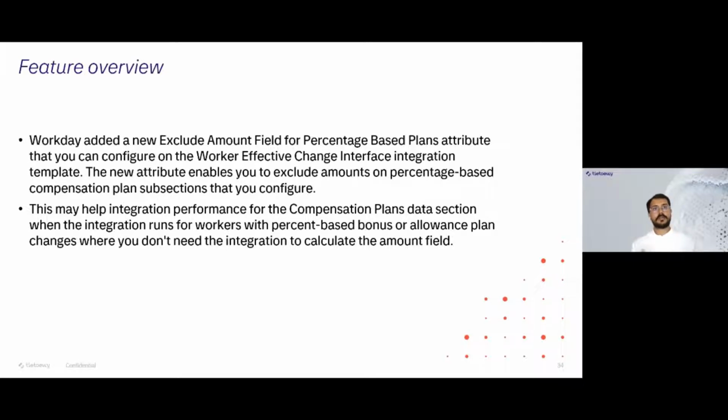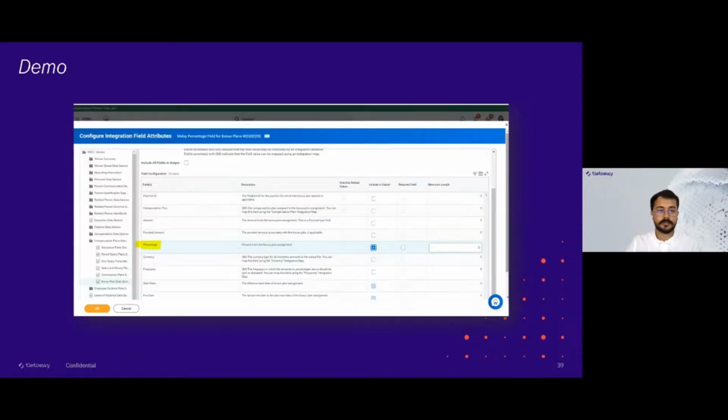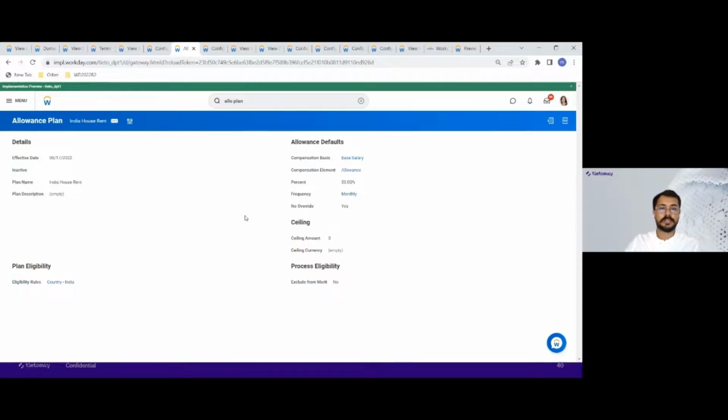Suppose we have created our integration and we have given a lot of percentage plans, and we are launching our integration, and it is taking a lot of time, the efficiency is getting decreased, which we don't want, and we simply want to exclude all the percentage data. So we will go here in the attribute section, which is here, and we will exclude amount field for percentage based plan. To show in the tenant,